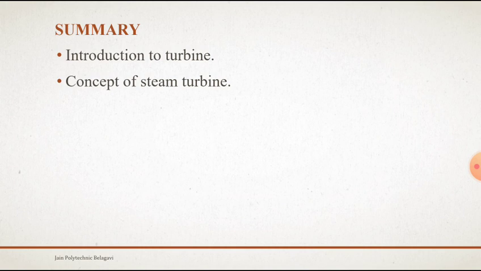The steam that we use here is high pressure steam, that is, superheated steam which has high pressure and high heat. It is made to impact on the steam turbine and it starts rotating. And also we have covered the classification of steam turbine. In the next video we'll cover the different types of steam turbine.